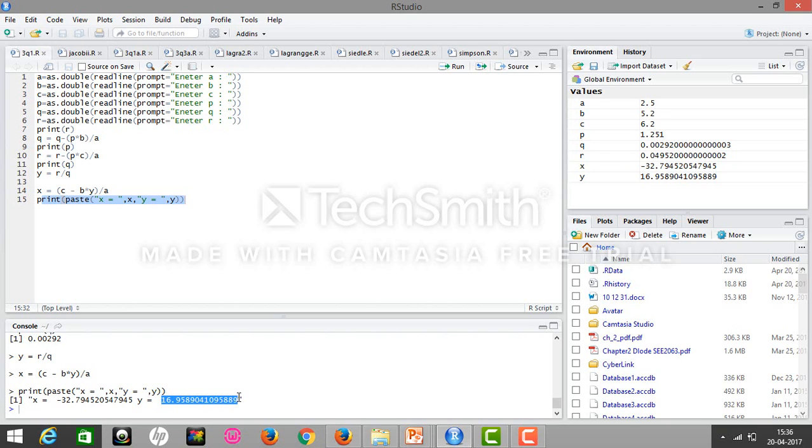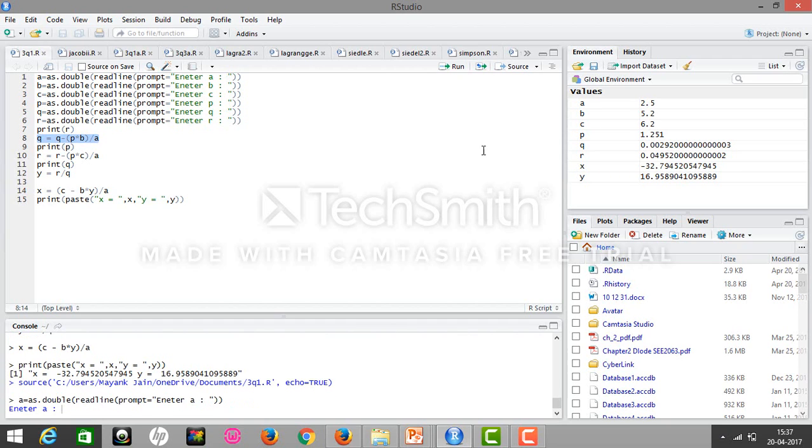So from this we can derive the value of x and y using Cramer's rule and implement it in the R programming language. We can also see an ill condition, where q is given a value of 2.6060 rather than 2.6050. We can look at this value, source it again.